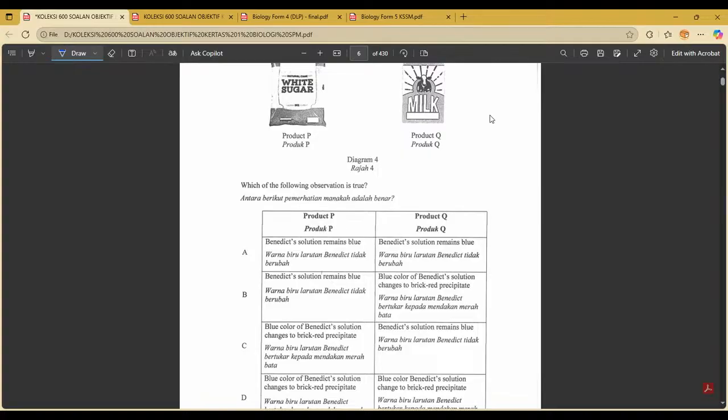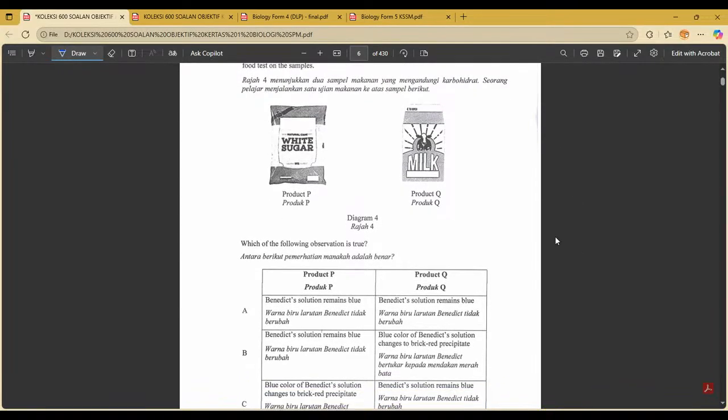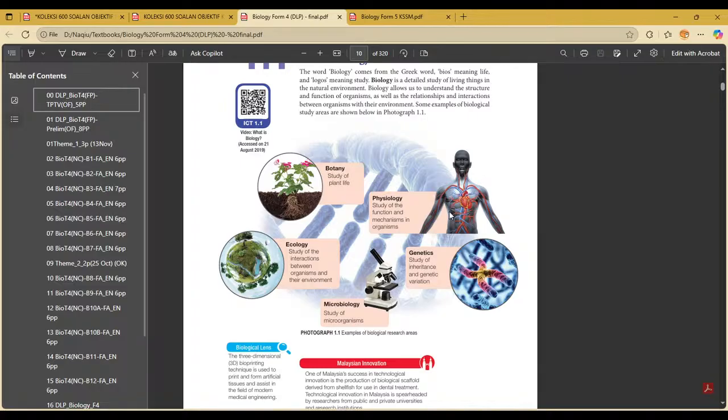So white sugar I think has a lot of sucrose, and sucrose is non-reducing, while Q has a lot of lactose and the lactose is the monosaccharide. Reducing lactose, I'm not sure if it's reducing or not. Well,